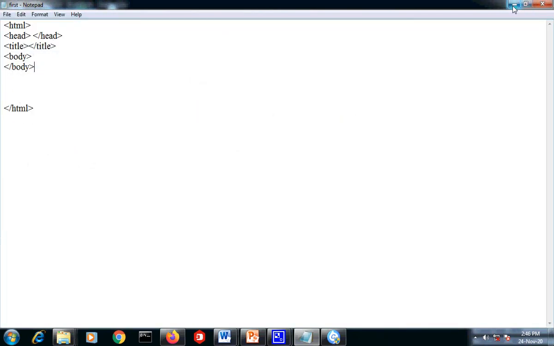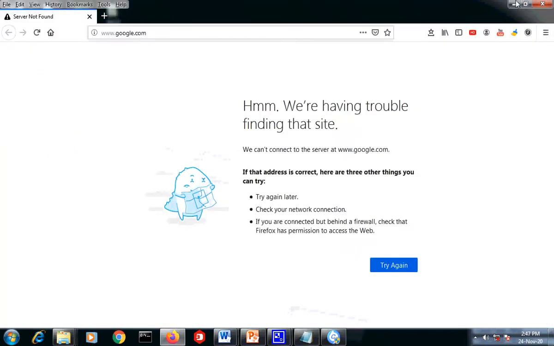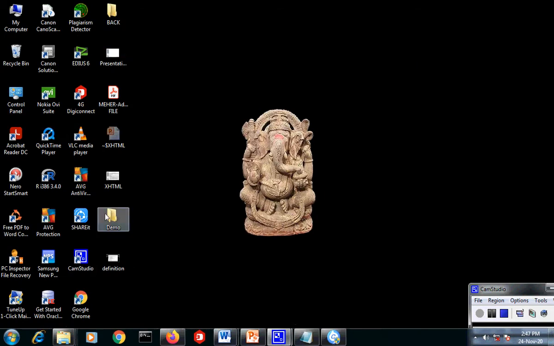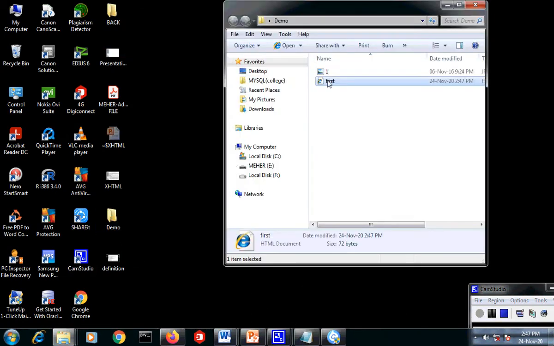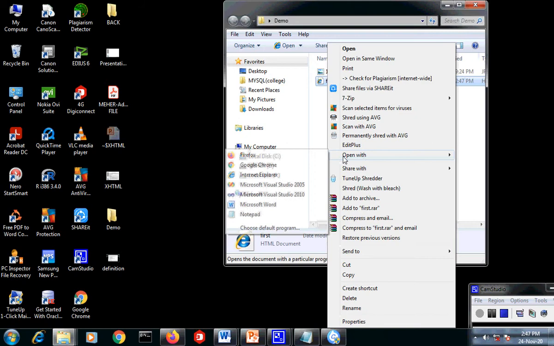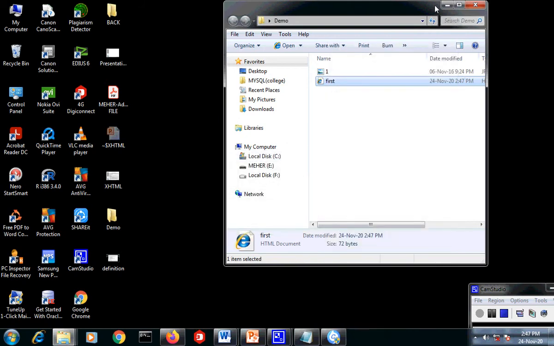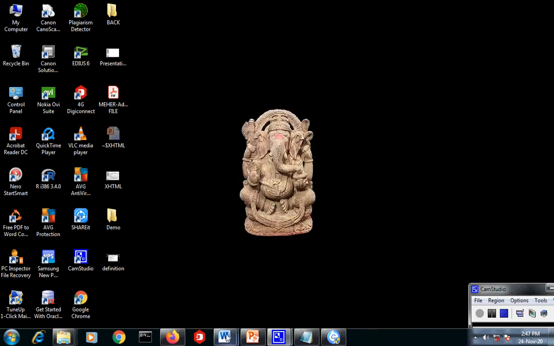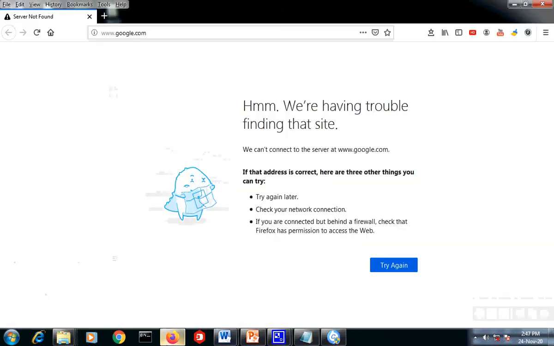Now we can watch a demo. Open it with Mozilla. Here the browser application is open, but there are no implementations yet.